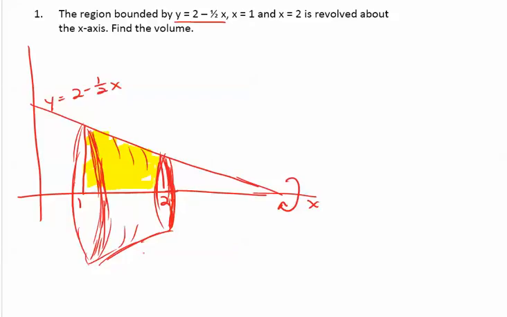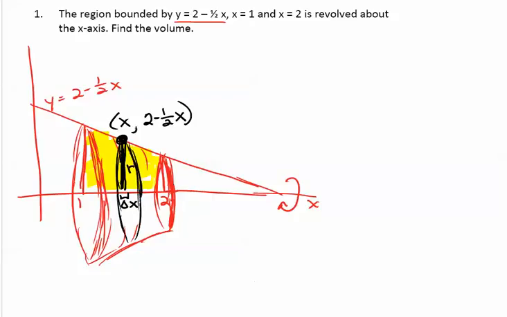And then in each one of these cases, what you have to do is show us a typical Riemann rectangle. So remember, choose a spot somewhere in the middle of your graph, my line back there, and make a rectangle. And again, that will remind you that our thickness here is a delta x. So we'll have x as our independent variable, which makes sense. If we choose some generic x coordinate, then our y coordinate here comes from the equation of that line. And that is going to become the radius as we revolve,